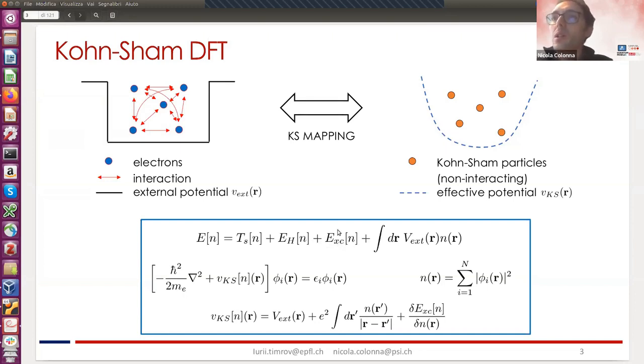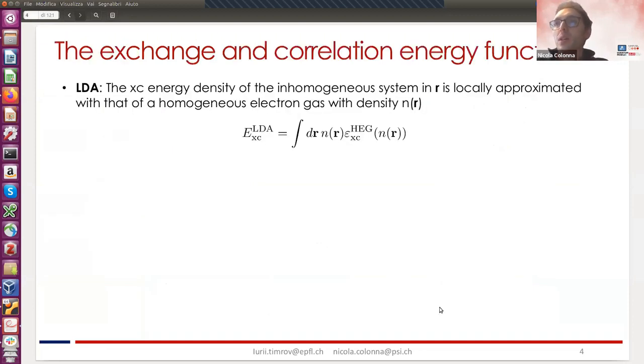This is what we typically need to approximate, because it also enters the definition of the effective potential through this derivative. We are lucky enough that people tackled this problem, and already a couple of years after the introduction of the Kohn-Sham mapping,